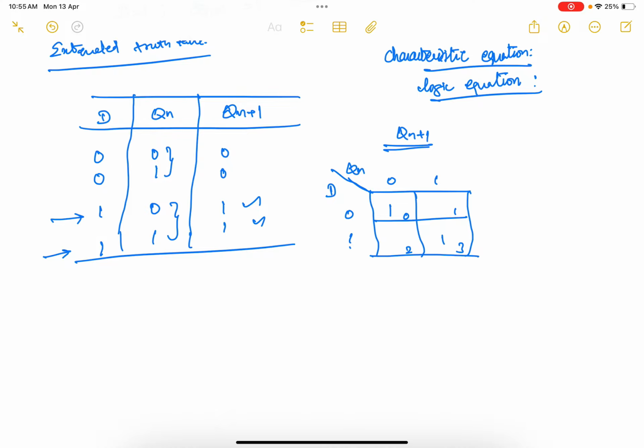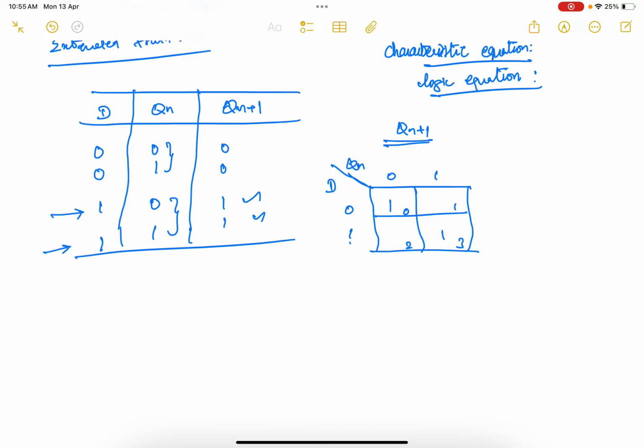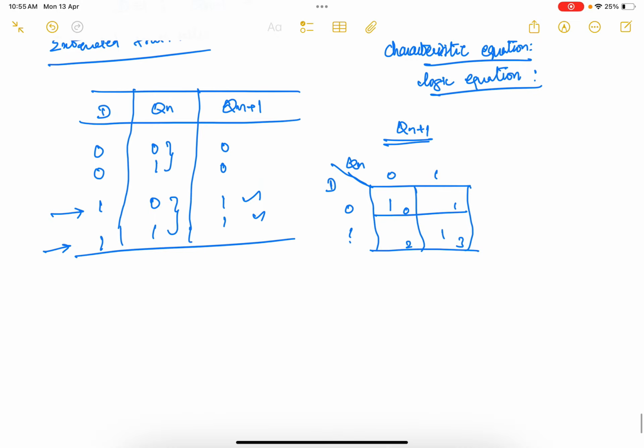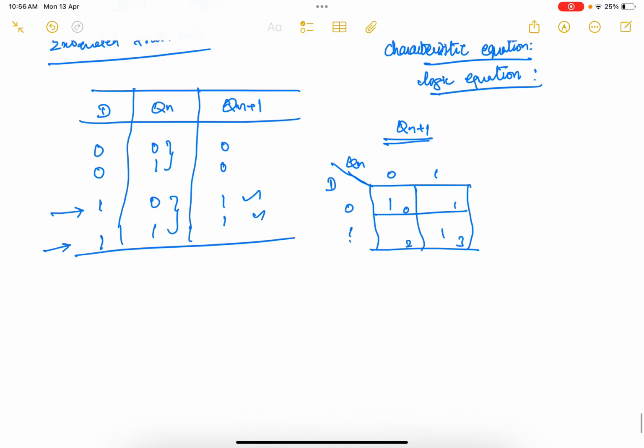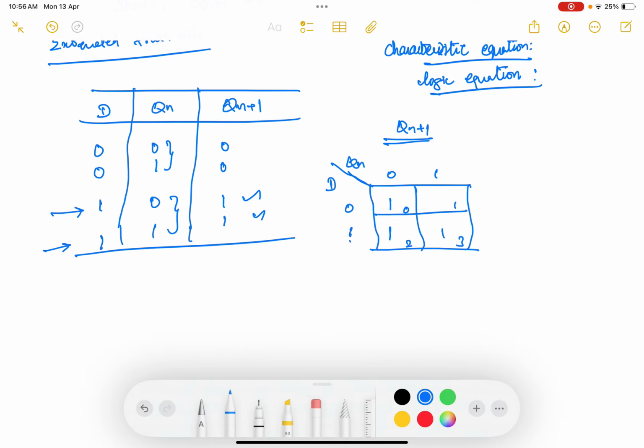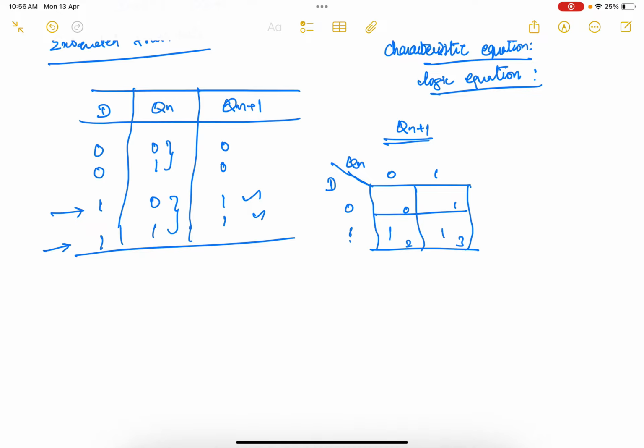Sorry, when D equal to 1 and Qn equal to 0, this here is a mistake over here. So this will be erased. So when D equal to 1 and